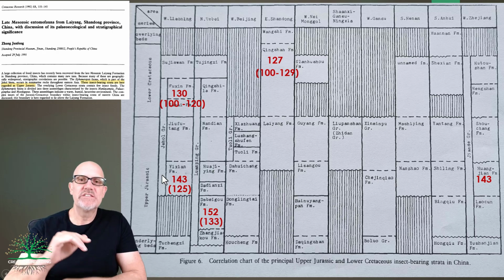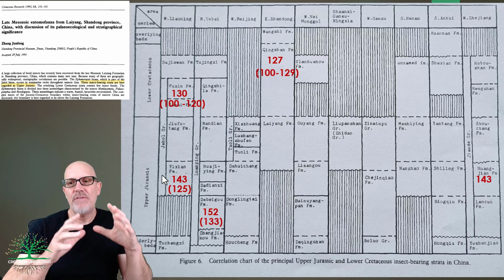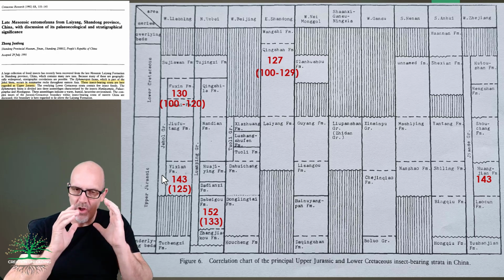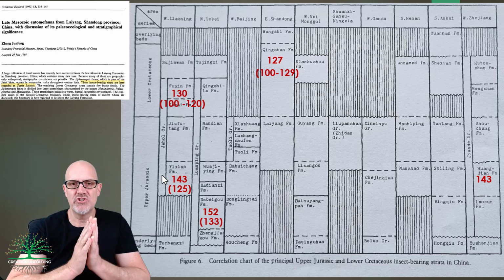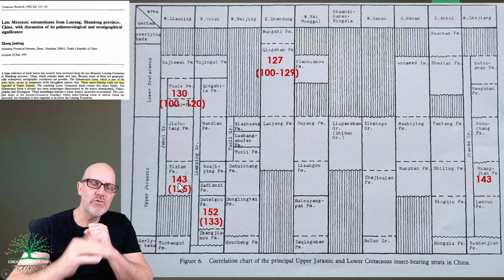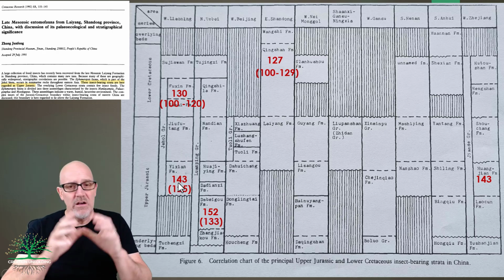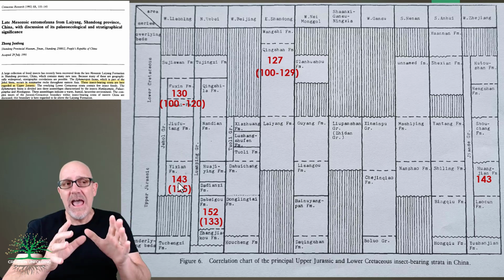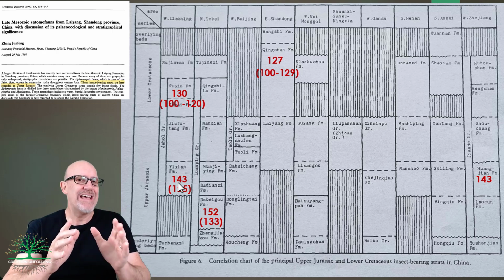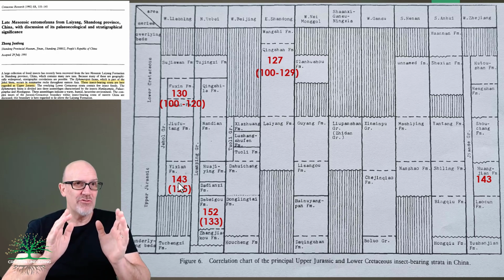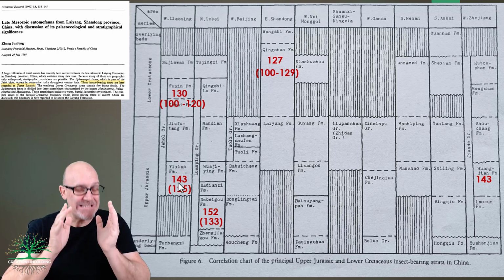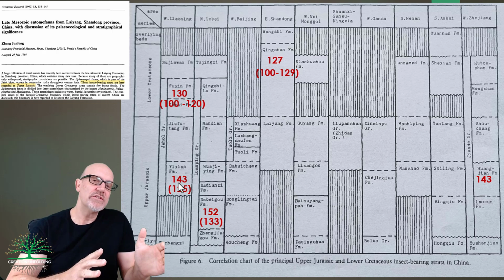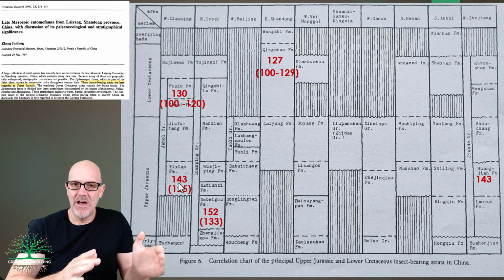But what's interesting is, in that paper, they have some absolute dates for some of the formations associated with the Yishan Formation. And here's a date of 143 million years. Now the Yishan Formation is dated at 120 to 125 million years. So it's about 20 million years younger now than it was back in the mid-90s.